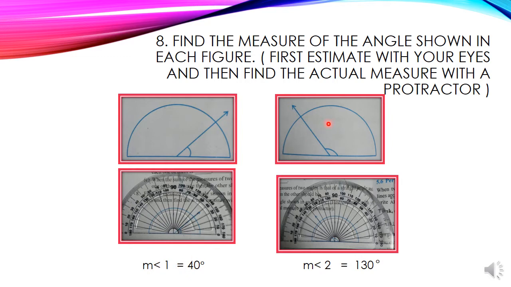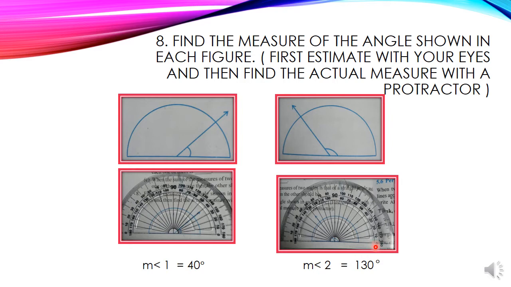And second picture, see, in this angle it is greater than right angle. Okay, and now let us see what is the measurement of this angle using a protractor, and the protractor base line is kept along this arm and this second arm, see, it is here shown. We can see the second arm here and it is turned towards the first arm here, and 0 degree, see, it is on the bottom scale.